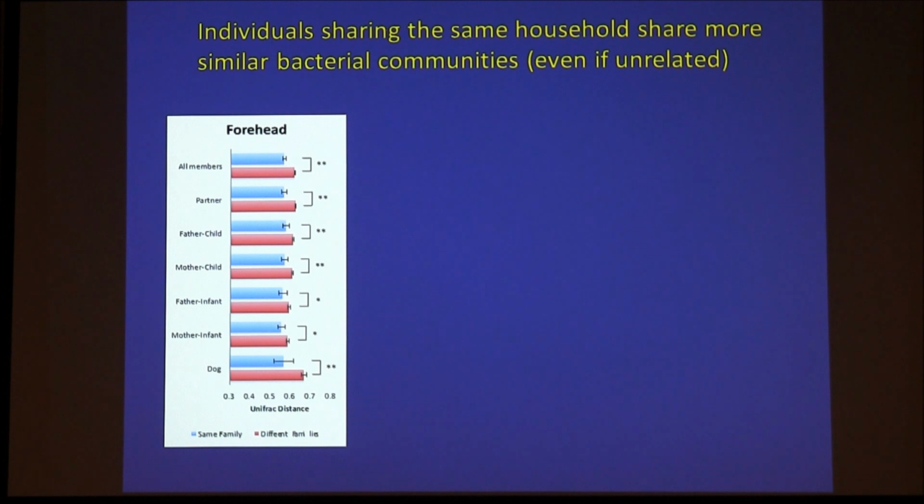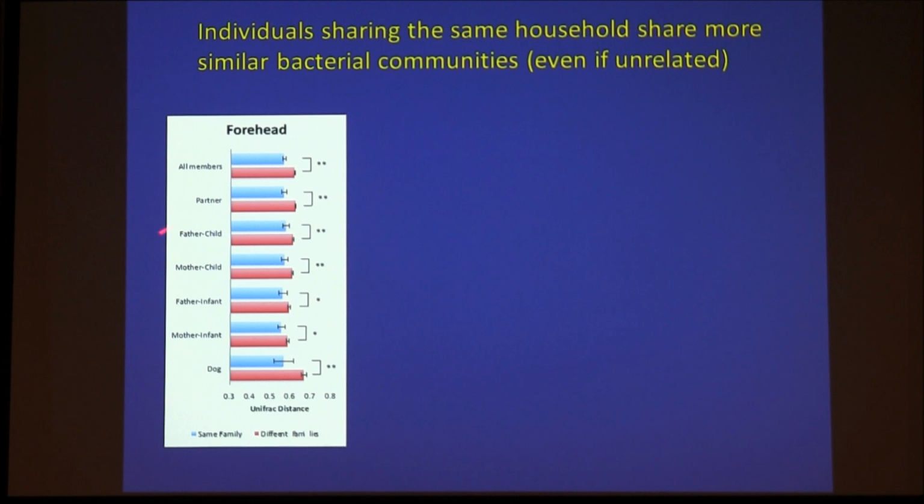And what we're also finding is that individuals sharing the same household share more similar bacterial communities, even if unrelated. Okay, so let me walk you through this. The x-axis here is just distance. So the longer the bar, the more distinct the communities. The blue bar means those from the same family or sharing the same household, and the red are just different